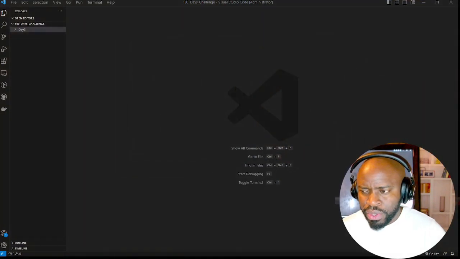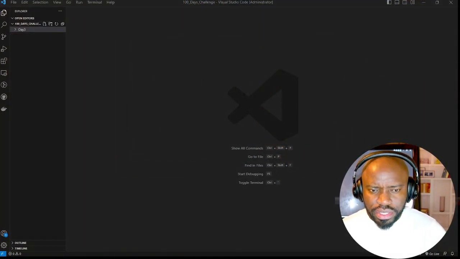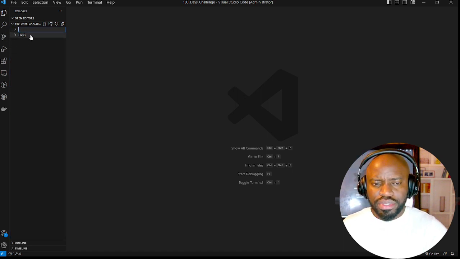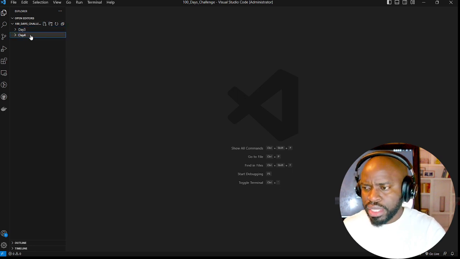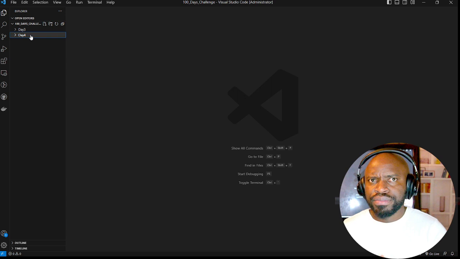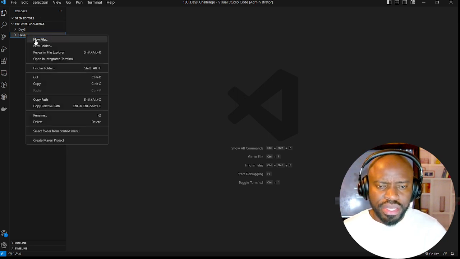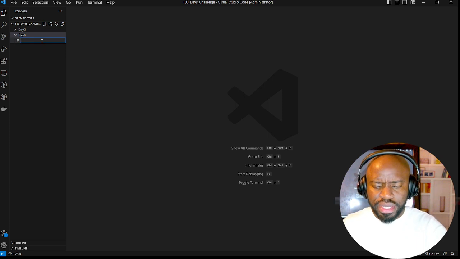So if you remember, we have our day 3. So we need to create another folder for day 4. In order to create a folder, you have to create it outside anything so that you can create a folder within the environment and say day 4. All right. So day 4 is going to carry an HTML file and some other things. We need to start by right clicking, say file, say the name. We're going to call it